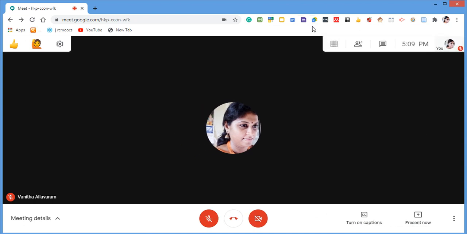Now, when you open the Google Meet page, you can see three important buttons. As I switched off this microphone and camera, it is showing in red. If I turn on my microphone, whatever I am speaking can be heard by the people in the meeting.